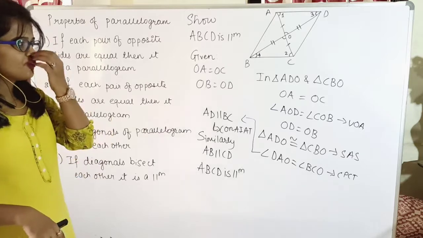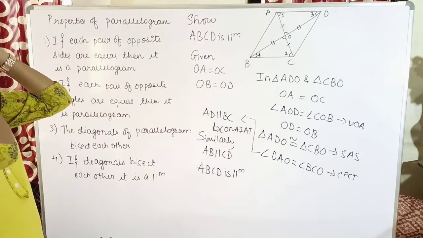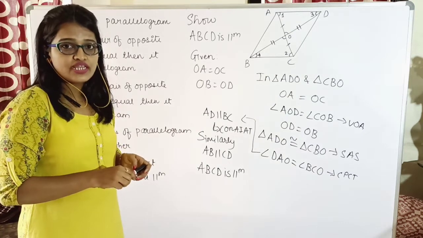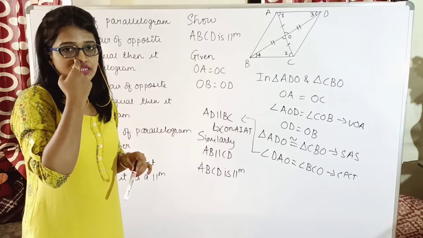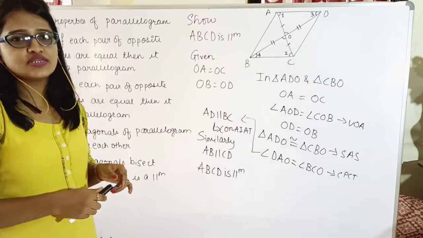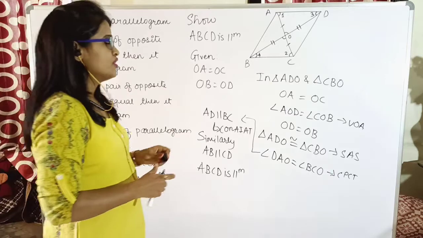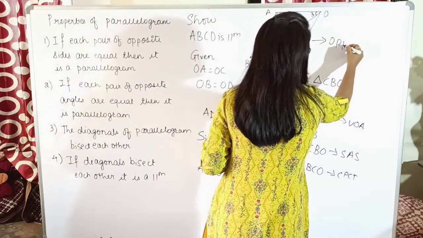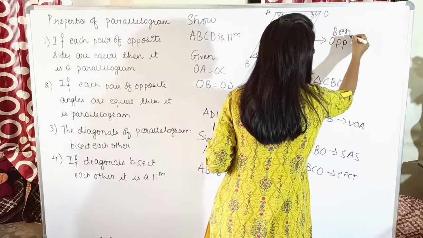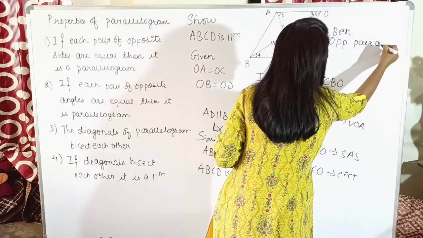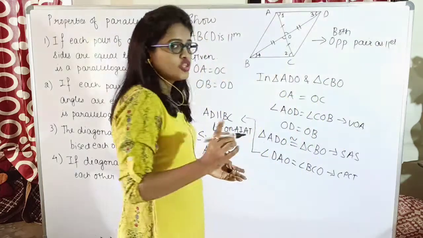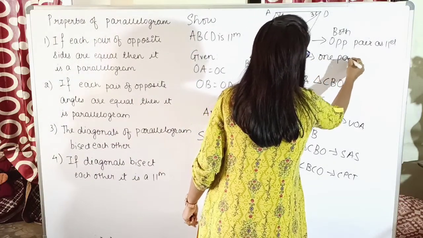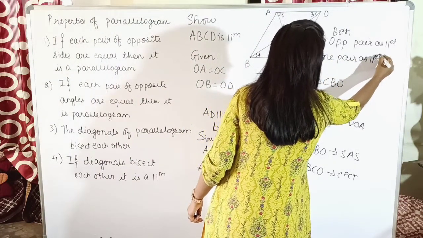So these are all the properties of a parallelogram. Now once we have proved them, henceforth we will be using them. But whenever in the question they have asked you to show that ABCD is a parallelogram, you can basically prove it in two ways. Either you show both opposite pairs as parallel, as I have shown it here, or else you can show one pair as parallel and equal.